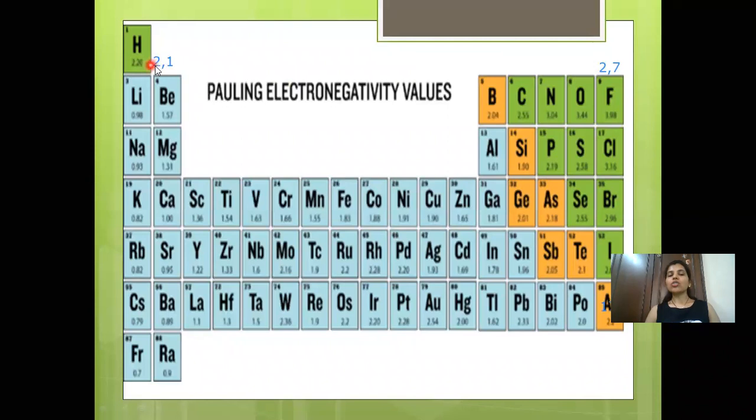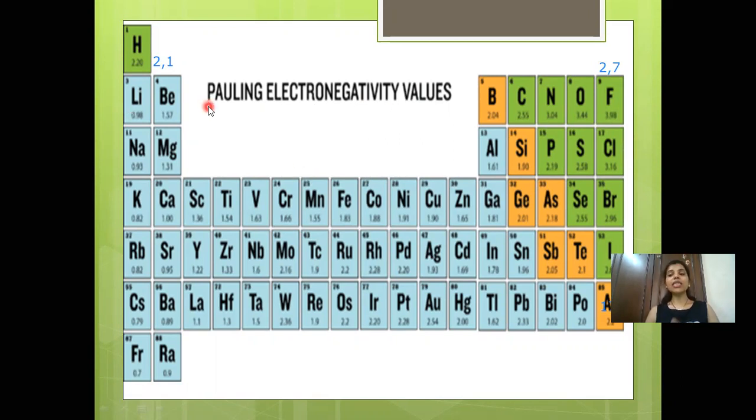Second is nuclear charge. So in nuclear charge also, more number of protons. So here you can see the number of protons when you're comparing lithium and fluorine. As the atomic number is more for fluorine, more number of protons will be in the nucleus of fluorine. And again the size is less, means the orbits are the same. Here you will see that the size becomes smaller for fluorine. So nuclear pull will be more in case of fluorine. So both the factors are influencing halogens for having more electronegativity. So electronegativity for fluorine will be more compared to the alkali metal.